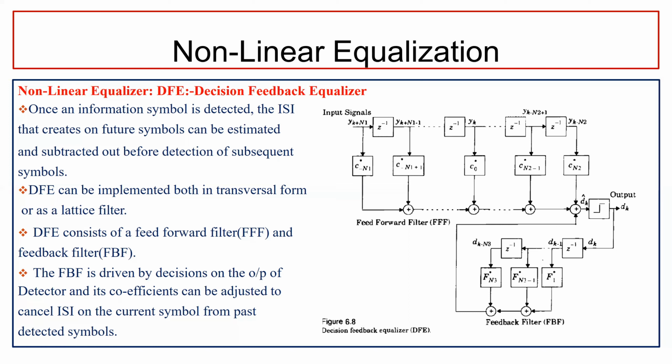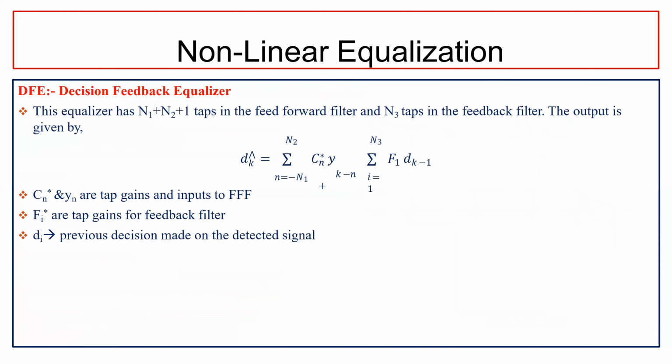The output is the summation of the products of the filter coefficients and the inputs, plus the feedback element. The symbol represents the decision output, which will be based on the previous decisions made on the detected signal. So the decision feedback equalizer